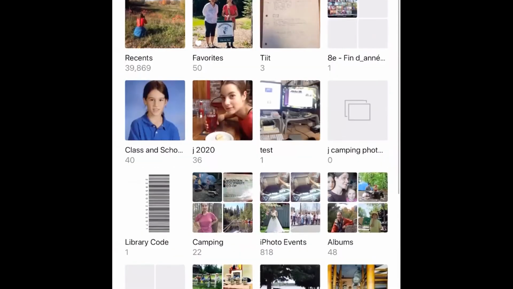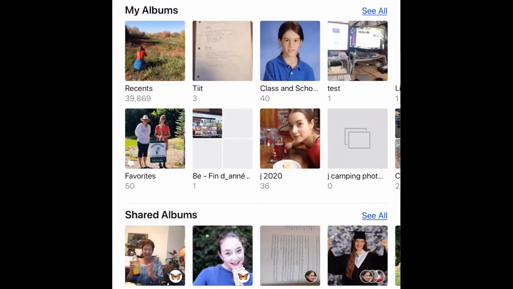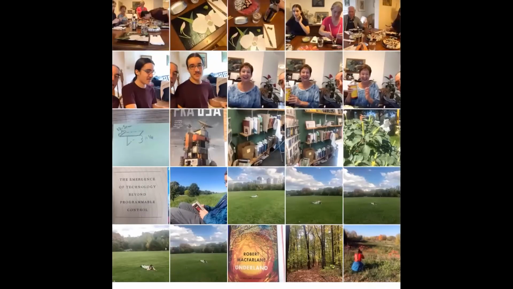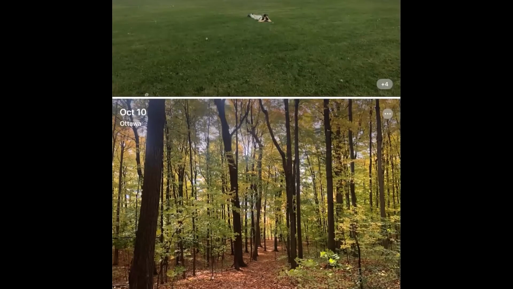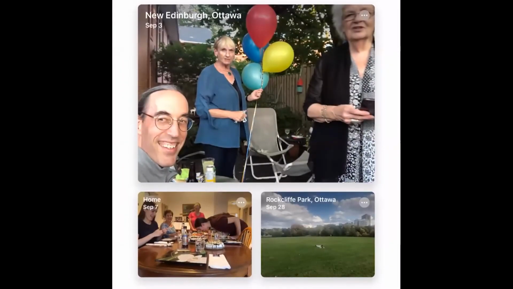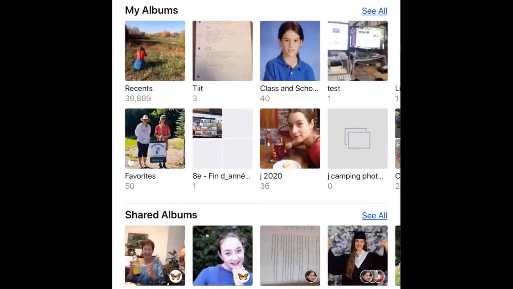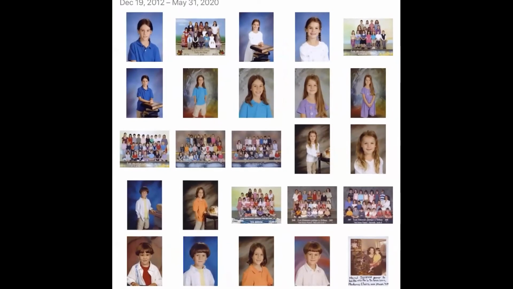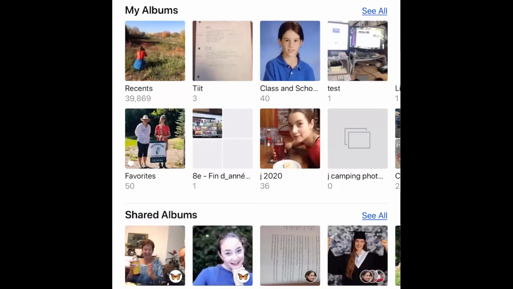I really only use albums to group things together that are not normally grouped just by the day or the month, when the phone is managing them for you. For example, I have one here, class and school. These are pictures of my kids over many years, their school photos, their class photos. I do them that way because that's a grouping that I want.